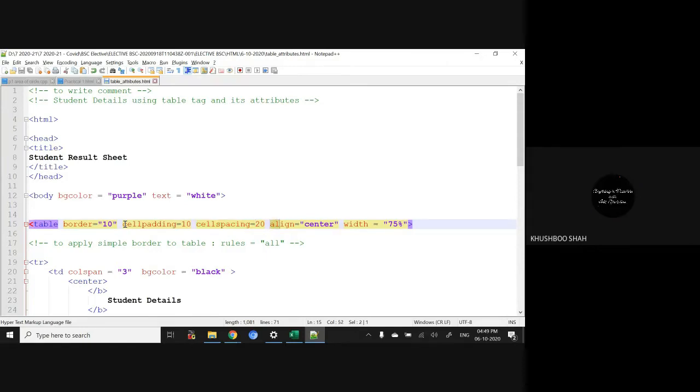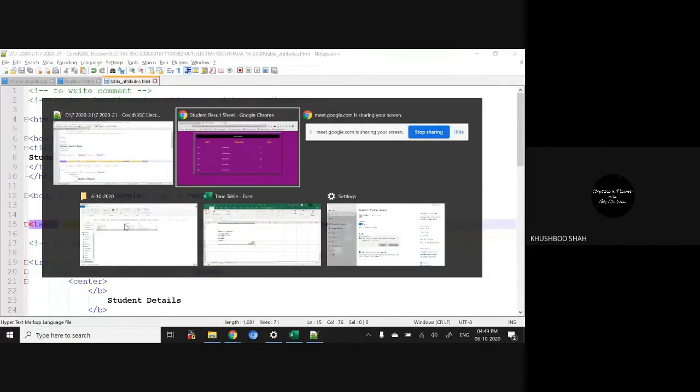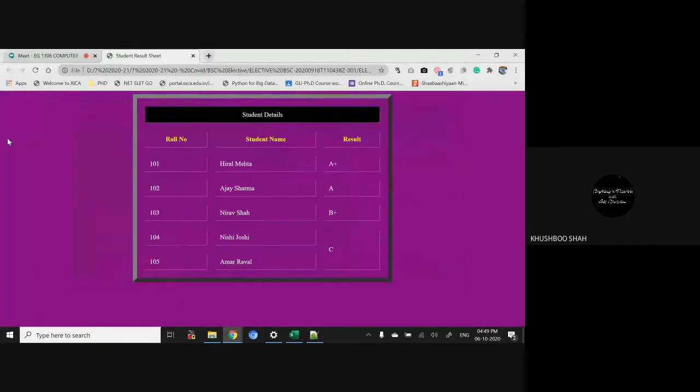Align, we know, right? Alignment center and width is 75%. So here you can change things, like 75% to, let's say, 50%. Let's see the difference. Okay, so it's a 50% width, in the context of the web page size.